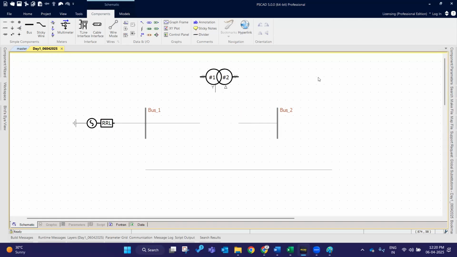You can directly drag and join it with another bus or another element. But in PSCAD, all the things should be done manually only. And there, if you move a transformer, anything connected in the network, the entire network will try to move. But here